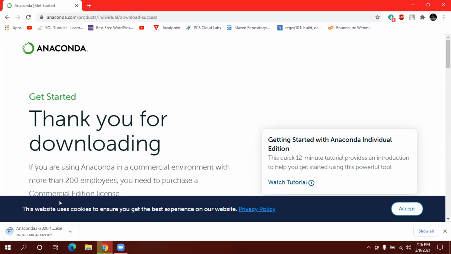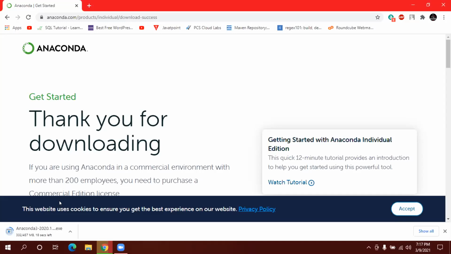Now this PyCharm, you can use PyCharm also. Actually, I also use PyCharm. Anaconda comes with a lot of distributions. It has Visual Studio Code also. It has Jupyter Notebook too. I think all of you have heard of it.